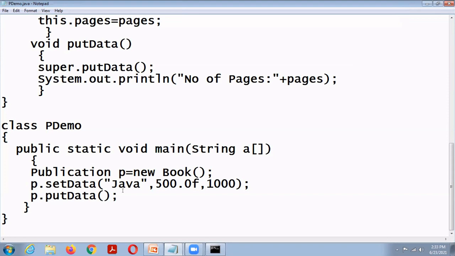But we cannot store the superclass object into a subclass reference variable. That is invalid. So we can store the subclass object into a superclass reference variable. It is valid.